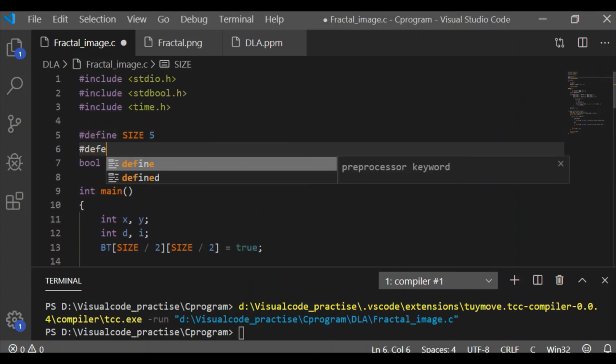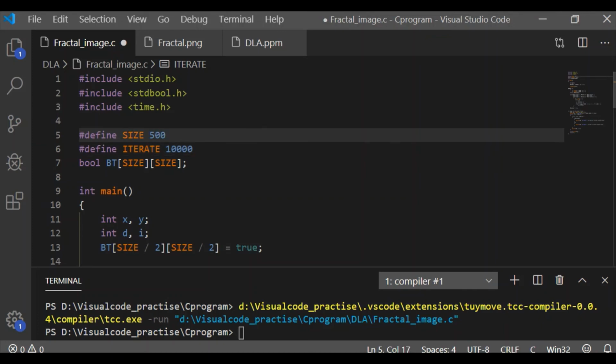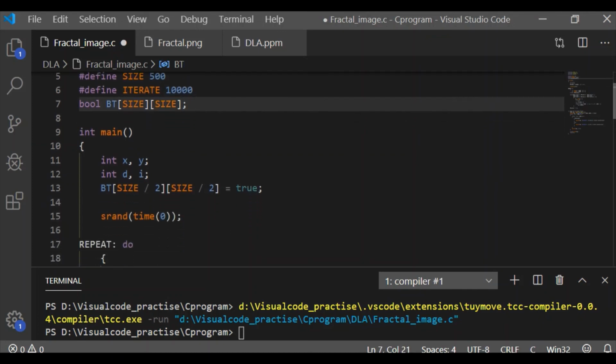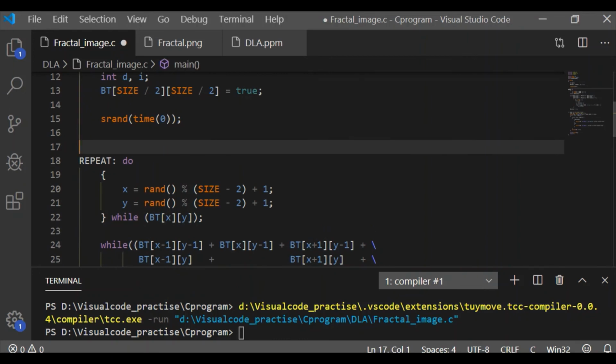So we'll come here. Let me iterate this whole procedure. Now we are doing it only once, finding one particle and placing it near the seed. We will iterate it 10,000 times, and let us also increase the size of our array or the image to 500. Start a for loop for i from 0 until iterate. Here I have taken 10,000 as the value.